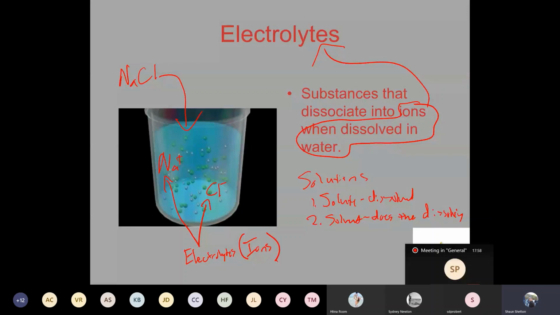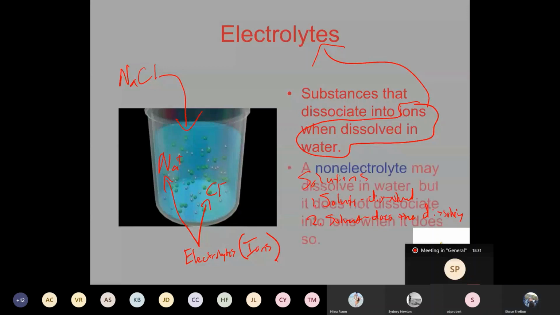Okay. And so we get to these terms called strong electrolytes, weak electrolytes, and non-electrolytes. We want to try to understand and establish what the boundaries are to determine whether you're dealing with a strong electrolyte, weak electrolyte, or a non-electrolyte. But the first thing is you have to understand what an electrolyte is. It's something that's dissolved in solution, an ion specifically.